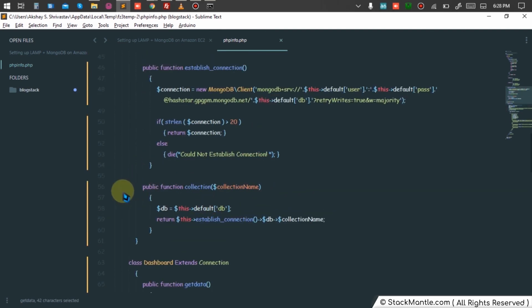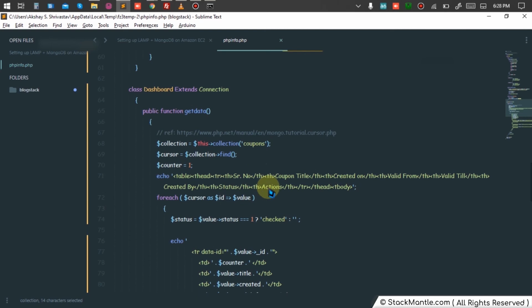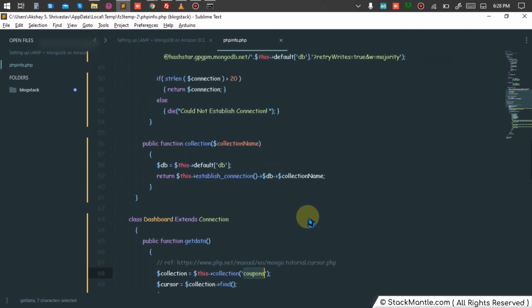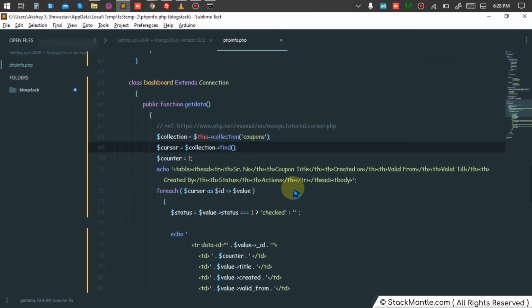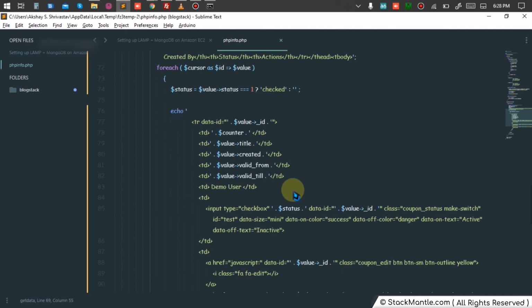So I created this one more function where I select the DB, and then I take the collection name as whatever I want. I'll say collections or something if I want to perform the CRUD operations. Then I'll pass it over here to the function. The function will load the things and it will give me one collection output on which I can do anything I want. Okay, so yeah, this is the script that I have.